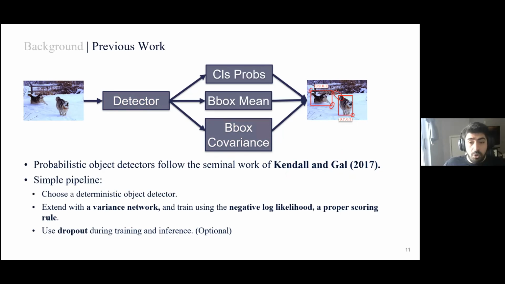Some of the works also decided to use dropout in addition to the variance networks, which is what Kendall and Gal do. But this is optional, not every work does this. The surprising thing is that unlike Kendall and Gal, which used proper scoring rules to evaluate their predictive distributions, probabilistic object detection uses standard deterministic detection metrics. They do not use proper scoring rules to evaluate their predictive distributions. They measure accuracy, and they make conclusions based on accuracy.